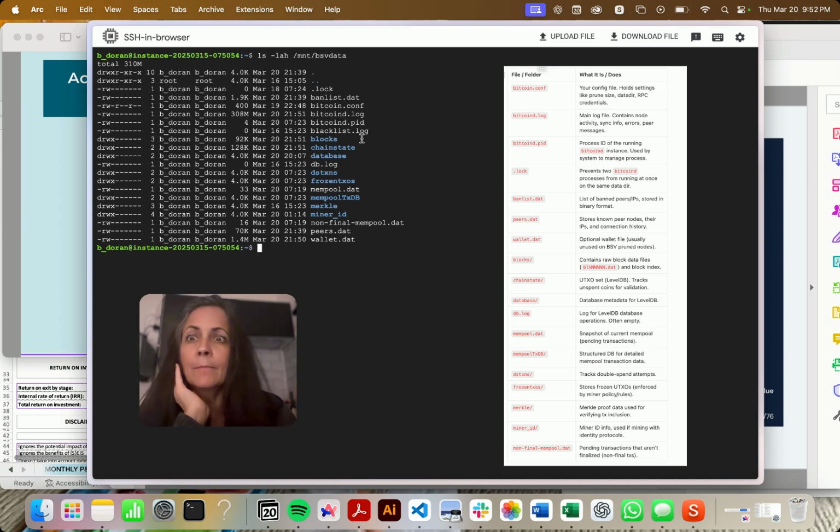So if you had a gigabyte block or multi-gigabyte block, it would be all in this one .dat file. I don't know what sizes are set by nodes for how big those files are, but there's a whole bunch of them. Now, since I'm running a prune node,